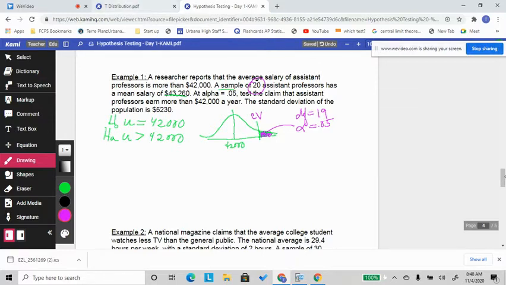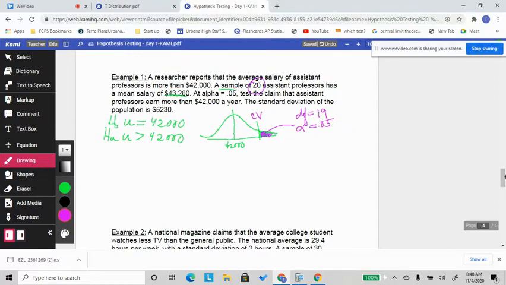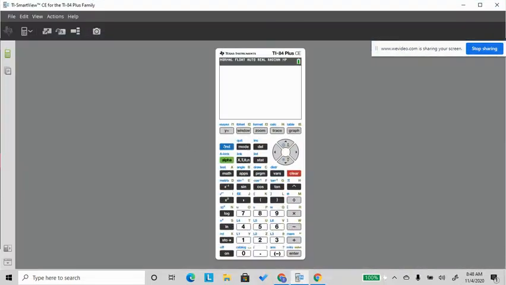All right, so we go to the t-chart and we go to 19. I need to clean this up. 19 and 5%, and we get 1.729. So the critical value is 1.729. If you want to do it on the calculator, you're going to go to second bars, inverse t, and you're going to do 0.05 because that was the alpha, and then the degrees of freedom is 19, enter,